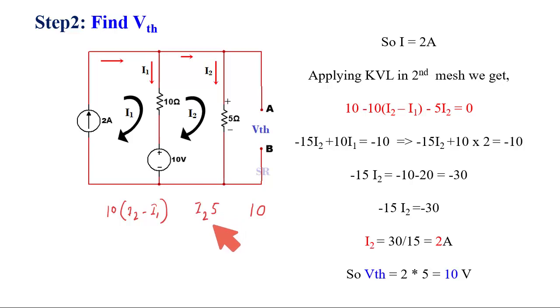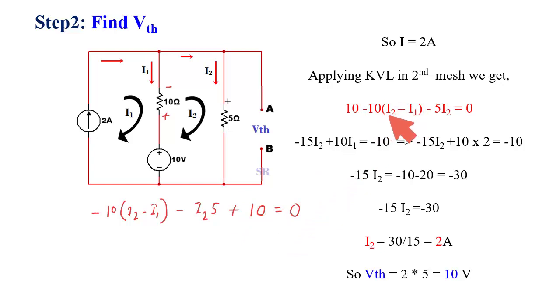What will be the polarity of these sources? As I2 minus I1 is flowing clockwise, no doubt this terminal will be positive and this terminal will be negative. I2 is flowing in the downward direction, so this is positive, this is negative. Now look at the polarity of these three voltages. This is minus plus, next this is plus minus, this is plus minus. So if we consider this one positive, these two are negative. Therefore, putting here negative, here negative, and here positive, this is equal to 0.